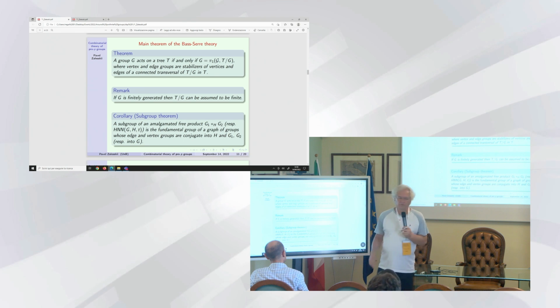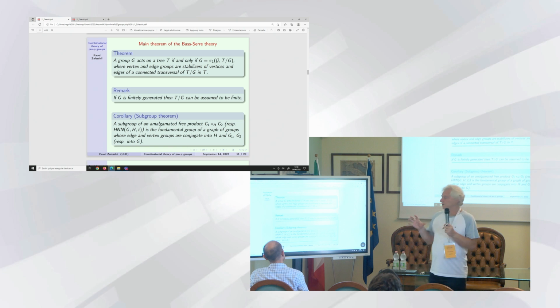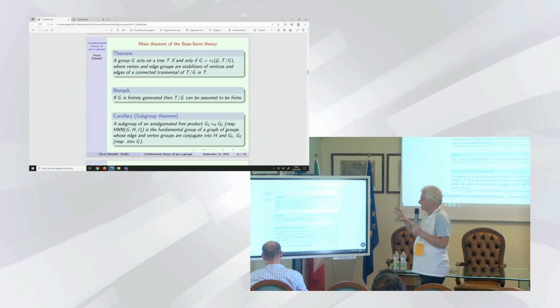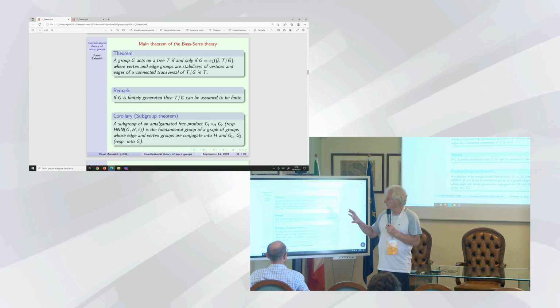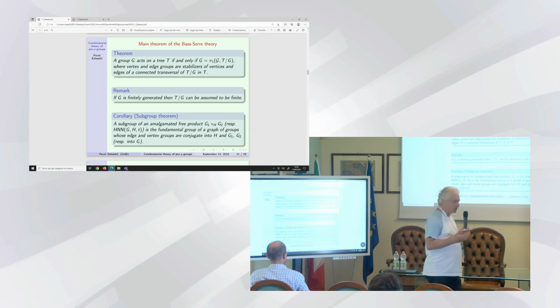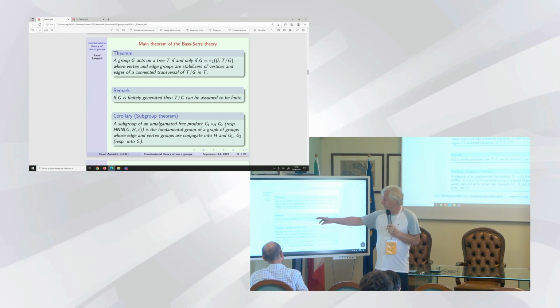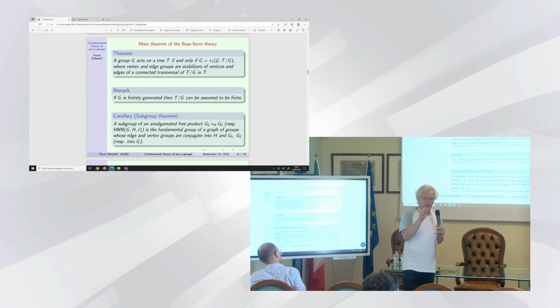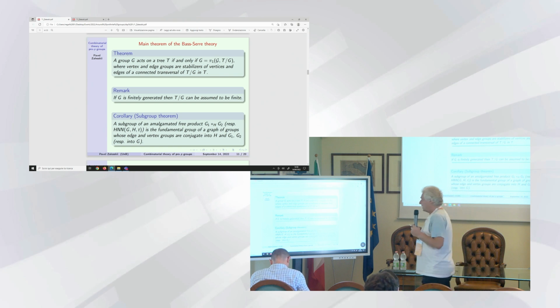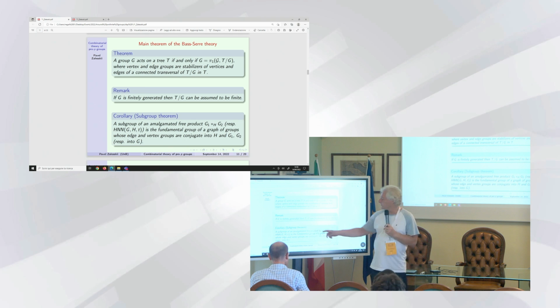Why? Because you can always find a G-invariant subtree with this property. All right. Again, why? Well, because every element of G can be written as a finite word in generators. That's why. All right. And as a corollary, we get a subgroup theorem,